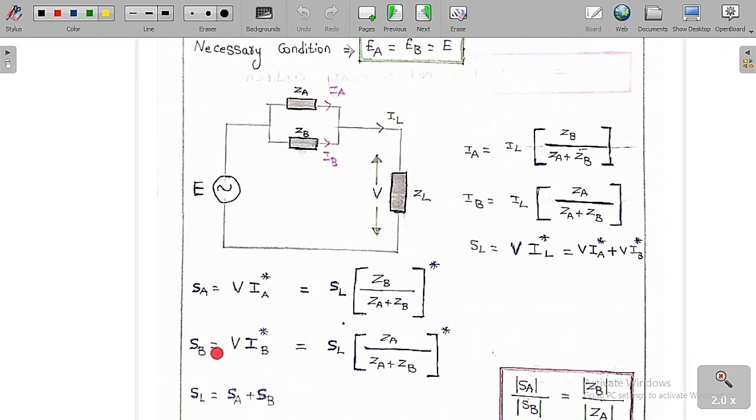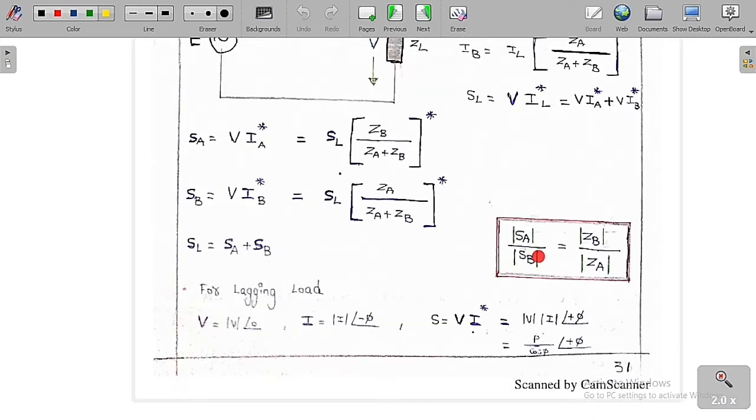This is the amount of kVA shared by transformer A, and this is the amount shared by transformer B. Then what is the net kVA? The kVA of the load is equal to the kVA by transformer A plus the kVA by transformer B. Basically all these are vector quantities. So SL is equal to SA plus SB. If you go for just magnitude values,